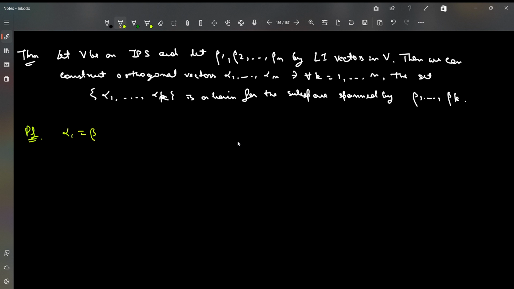So we let alpha 1 be beta 1. And then based on this, we construct the other elements. How do we do that? We claim it in this way. Suppose you already have m such vectors. Suppose alpha 1 till alpha m, where 1 less than or equal to m less than n, have been chosen,